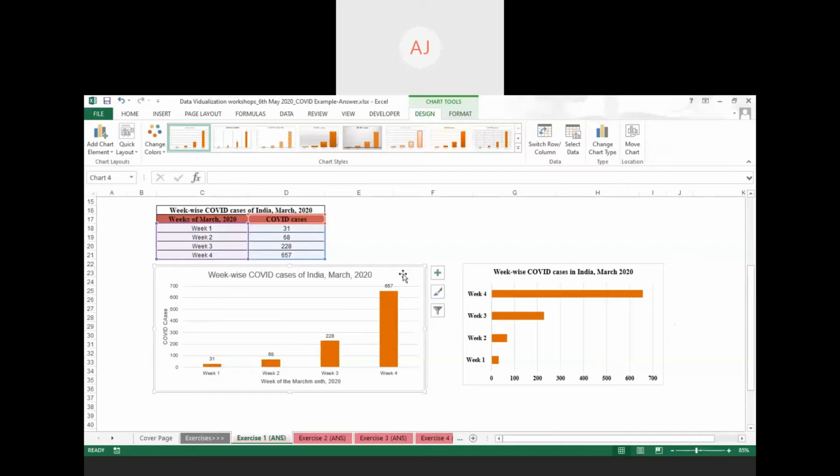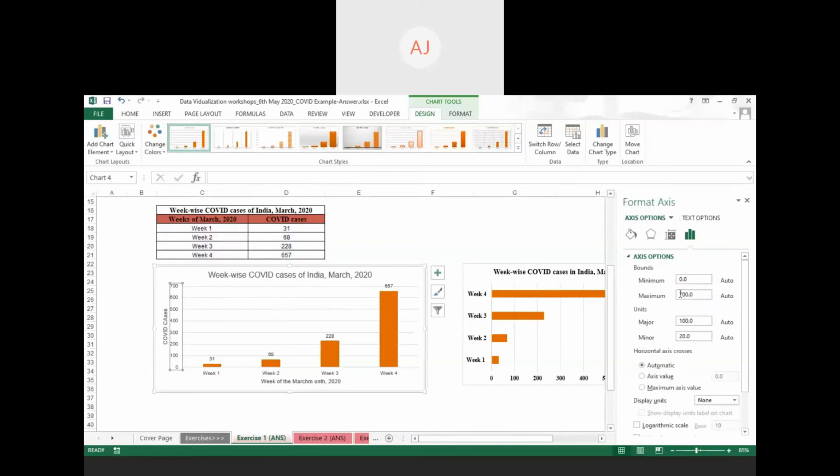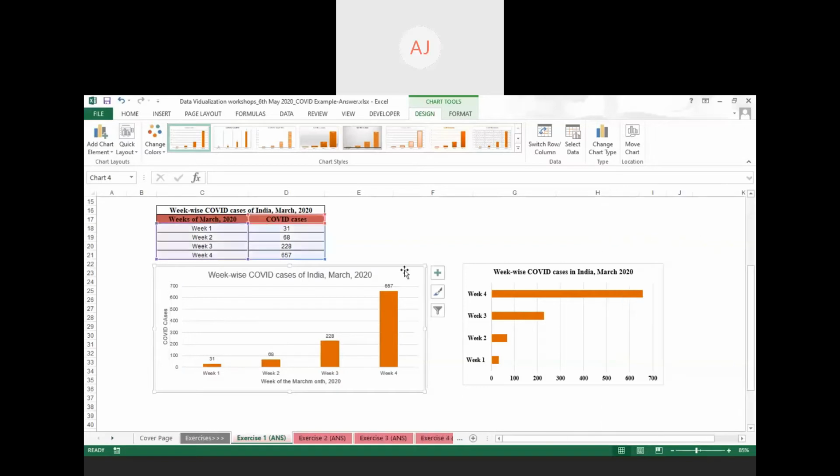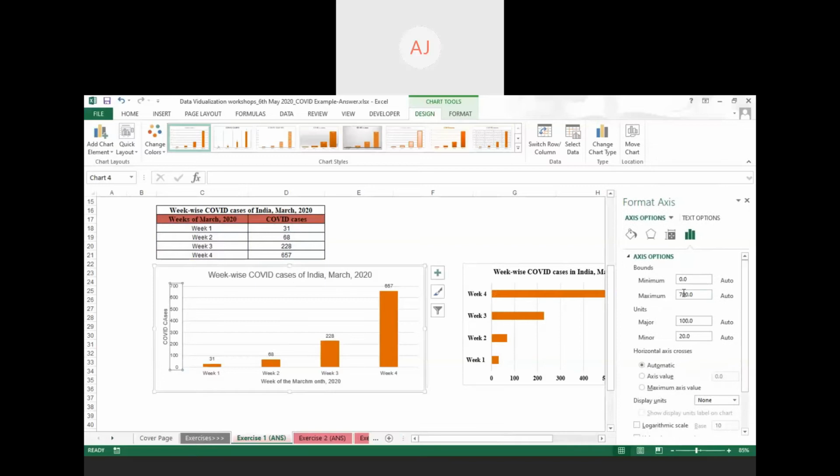Now this chart is not completed because our axis, if you see, is started from 0 to 700. So we can modify our y-axis by adding our content. Suppose if you are having cases in percentage, we can add here maximum value from 0 to 100. But here we get a number in absolute number, so I think it's okay with keeping 700 numbers.